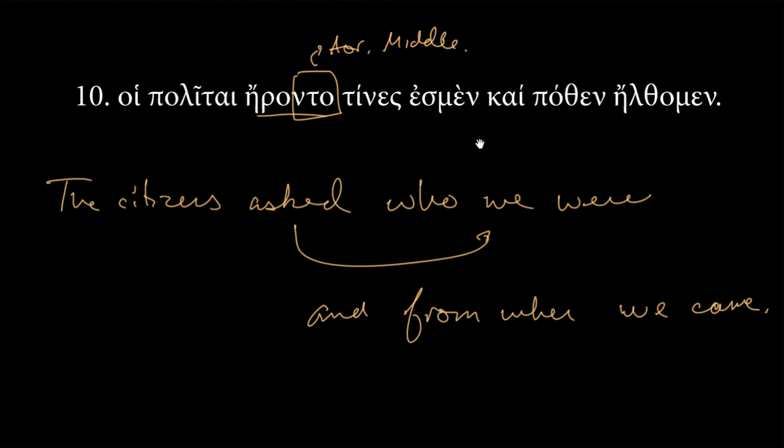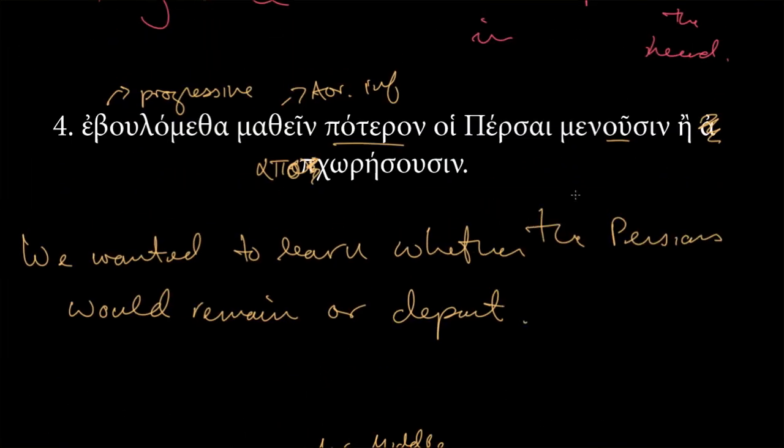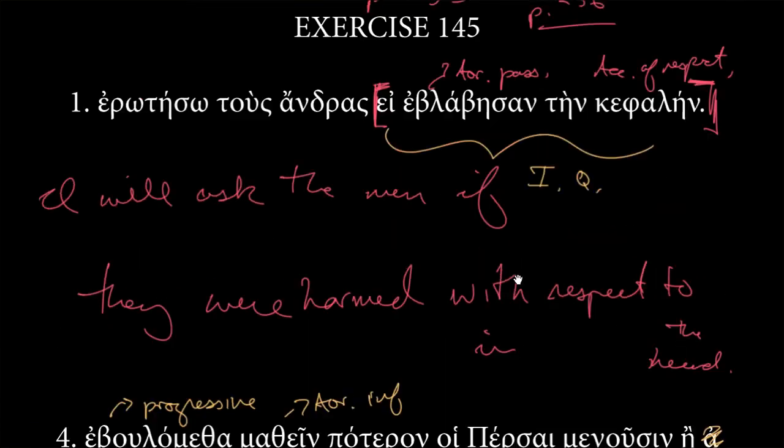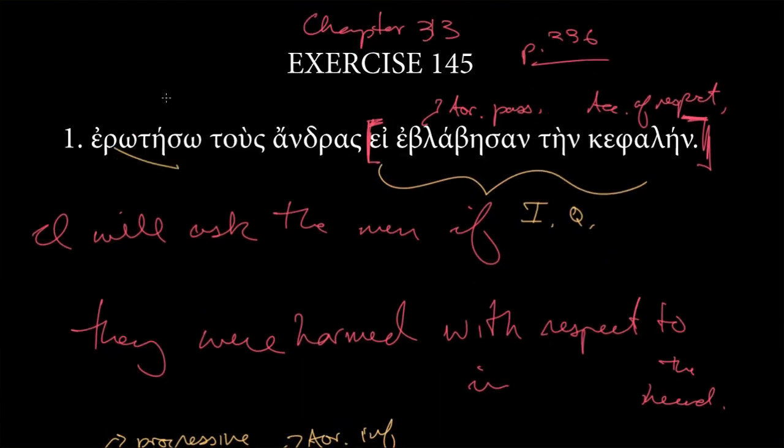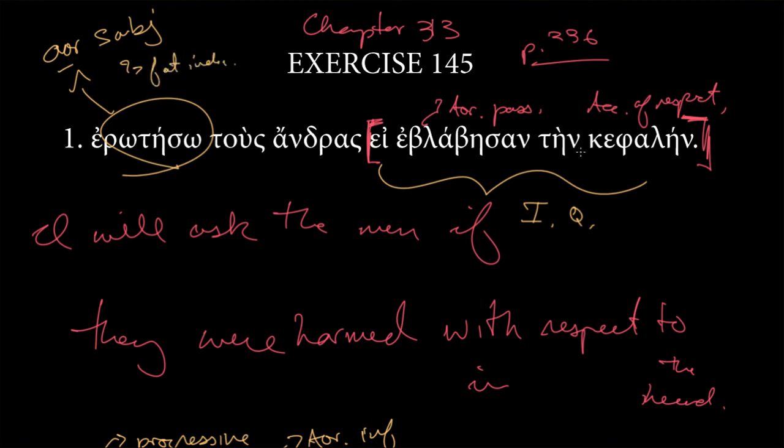Indirect questions. Again, all this actually has been pretty easy. We've run into some interesting things, not to mention typos, but we have epsilon contracts, futures, we had deponent aorist, we had a verb form that could go either aorist subjunctive, but an uncommon form of the aorist, or future indicative. And then last but not least, we had this accusative of respect and aorist passive form. But really, the questions were almost secondary. Those were pretty easy. Let's hope that that continues to be the same when we move into exercise 146 in the next lesson. See you then.